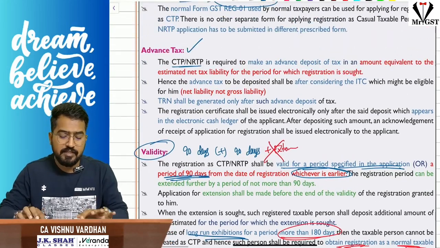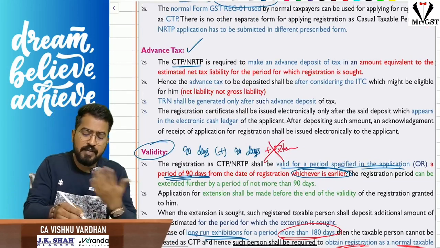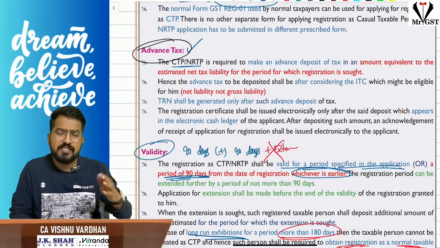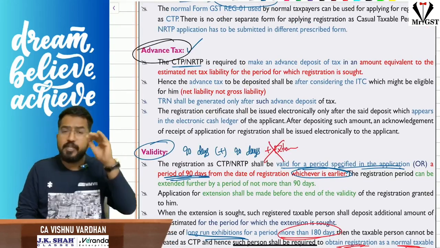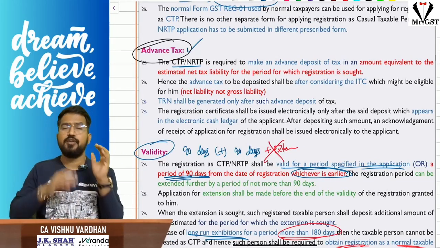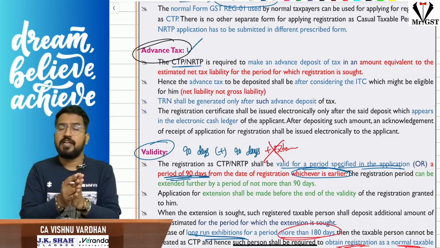Now here the interesting point is, sir, generally when we are applying for GST registration, there is no such thing as a tax payment. First we do business, then we file the returns, then we pay the tax. But if you are a CTP or NRTP, what should we do now? Sir, when you are a CTP or NRTP asking for registration for 90 days plus 90 days,